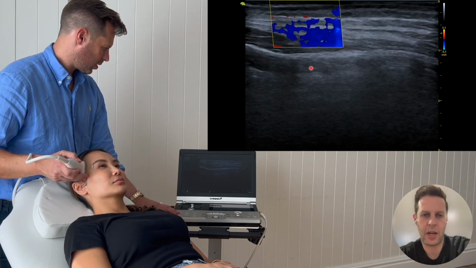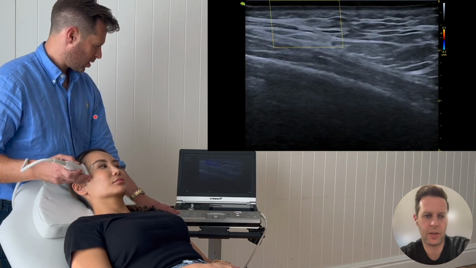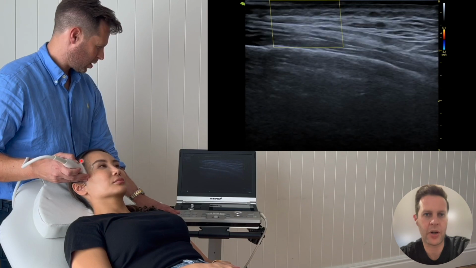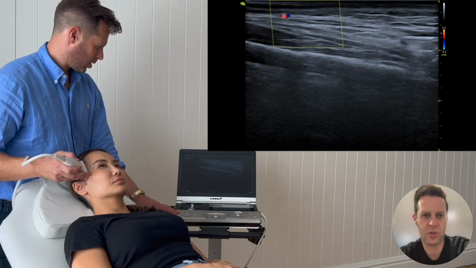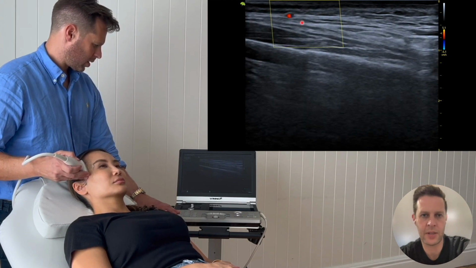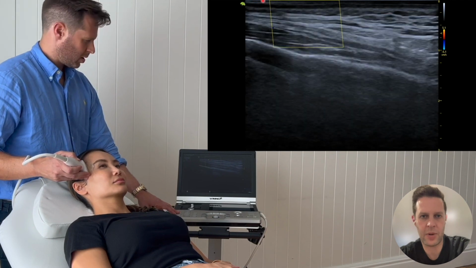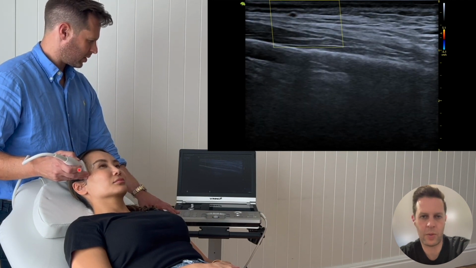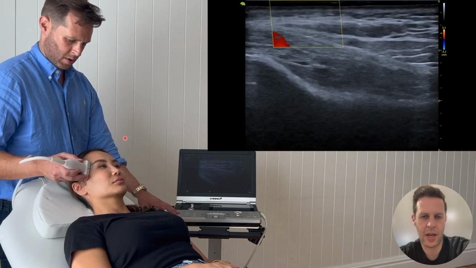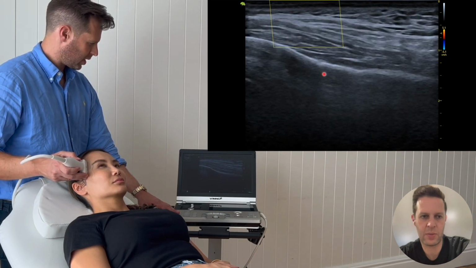Now, if we want to have a look a little bit more superficially, I'm bringing the probe a little bit posteriorly, and we're going to see the superficial temporal artery right up here. So we need to move the color box up a little bit higher. We've come back in towards the hairline of the patient, and we're seeing the short axis of that superficial temporal